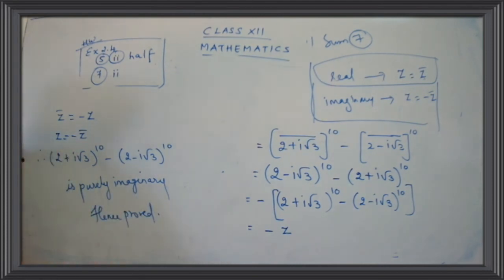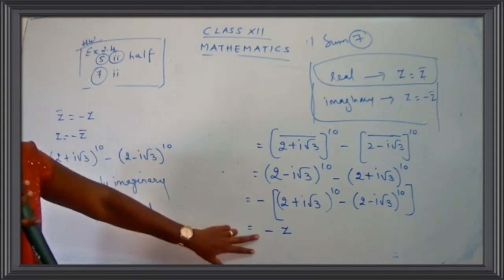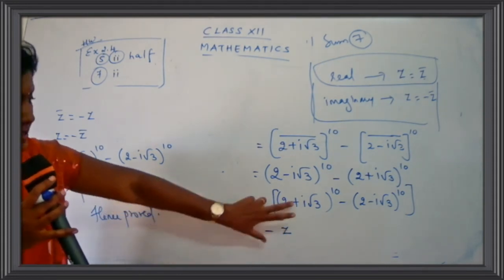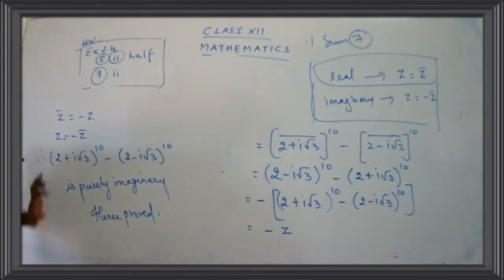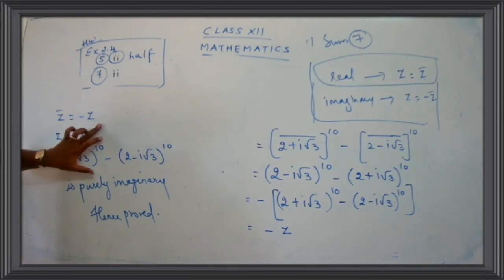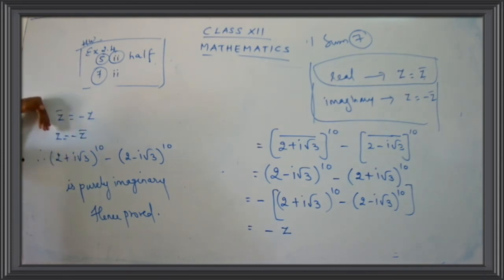I hope you are clear with the sum, children. So we have proved, yes. This step is a step where we arrive at the conclusion. So this step gives you the answer. This is the same question that we have taken. So you write down there minus z. So z bar is equal to minus z. Just interchanging the signs, I get z is equal to minus z bar. So you can say the given complex number is purely imaginary. Hence proved. Okay children. So we have completed our exercise 2.4.